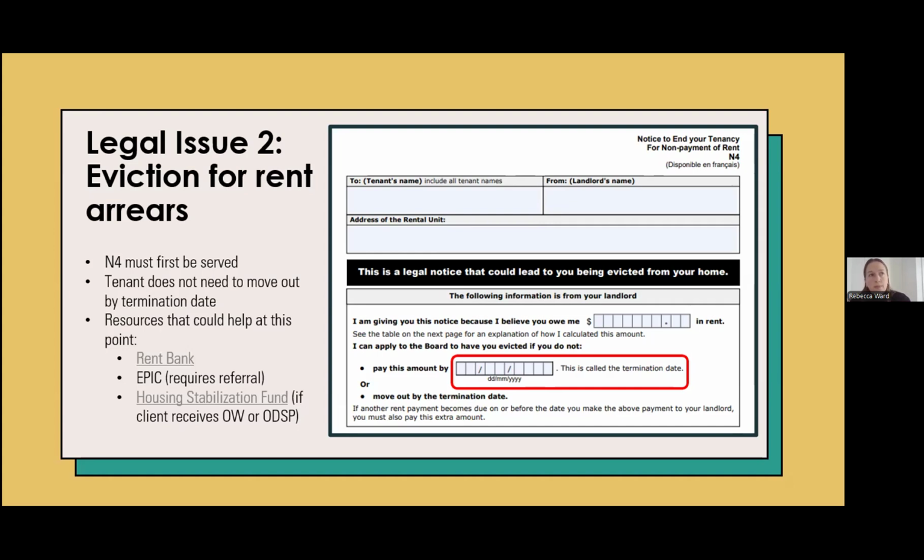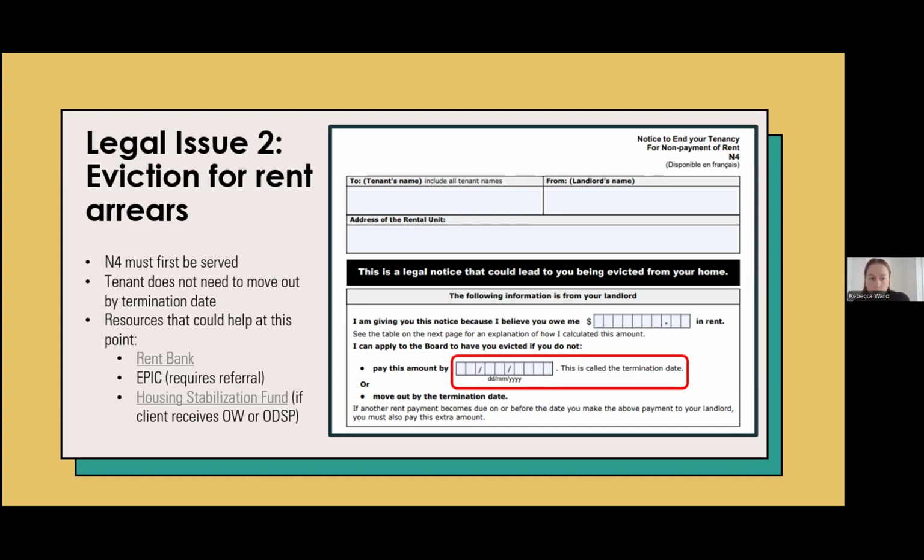The provincial government has introduced Bill 60 recently, which is seeking to make a bunch of amendments to tenancy law throughout the province. And part of that bill would be amending the amount of time that somebody has to pay off the money that a landlord is claiming they owe on an N4. And this is really difficult because if the tenant doesn't pay by that date or doesn't move out by that date, although they can't be immediately evicted, the landlord can then file a case at the Landlord and Tenant Board for eviction based on the rent arrears. So they need to give a tenant at least 14 days to pay off the rent arrears. If they don't, then they can file at the board and then the legal process will begin